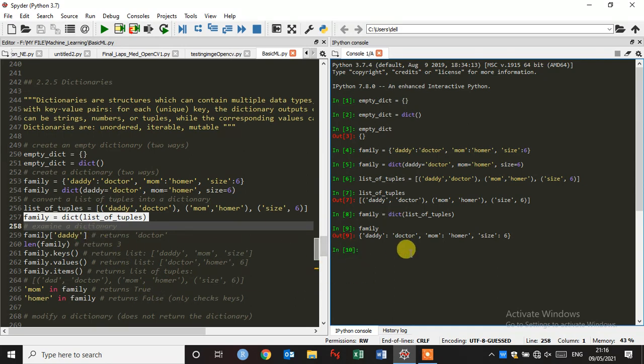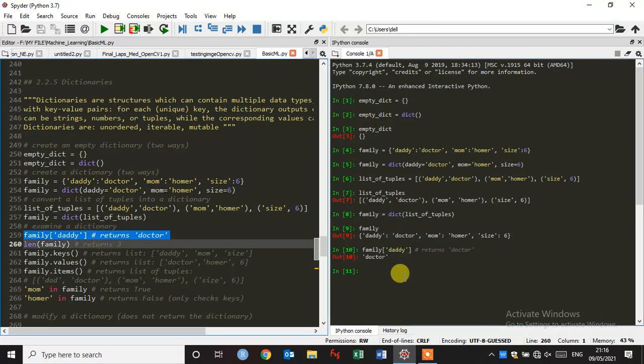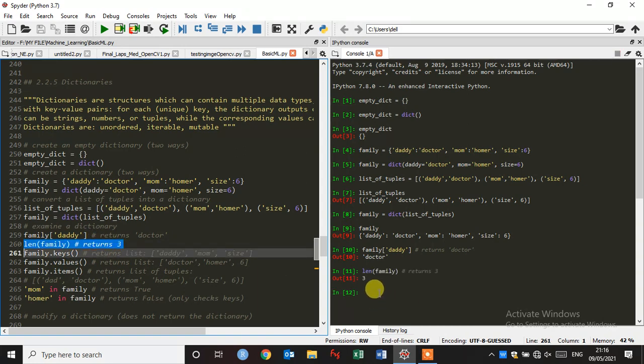And how to examine a dictionary? Suppose you type family in brackets daddy. It gives doctor, because the key is daddy and it returns doctor. Let's check the length of family, which is 3. And you can return the keys by typing family dot keys.